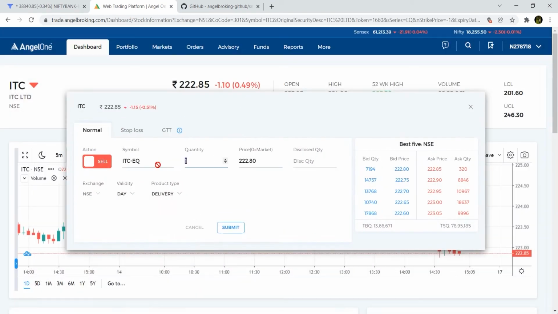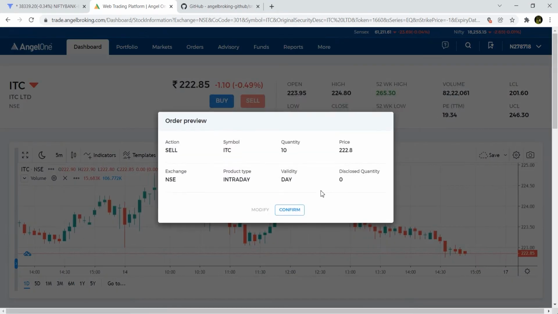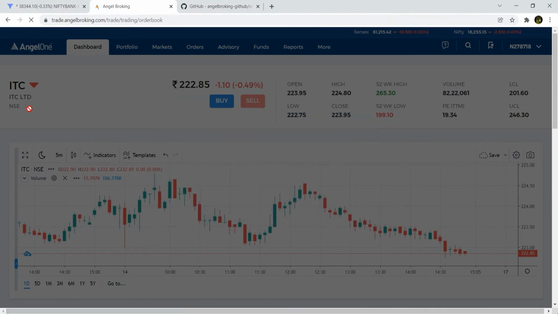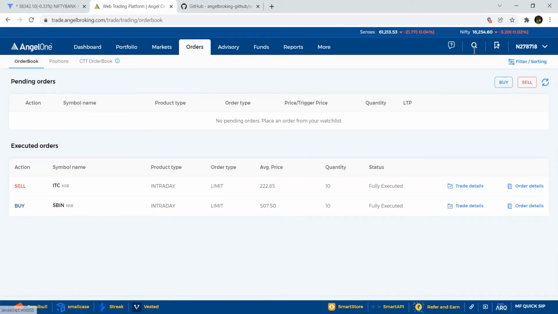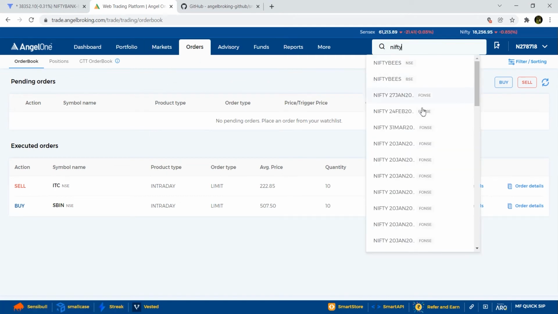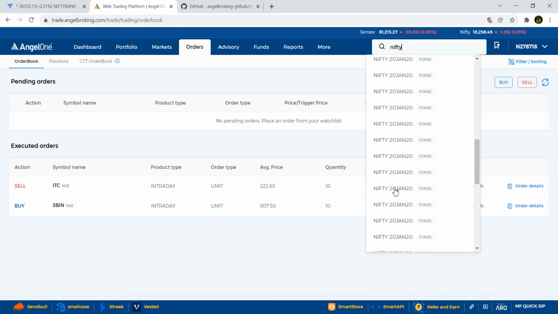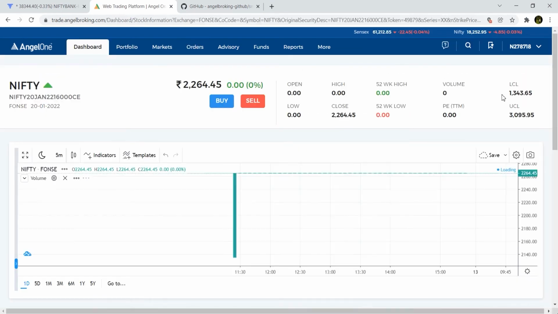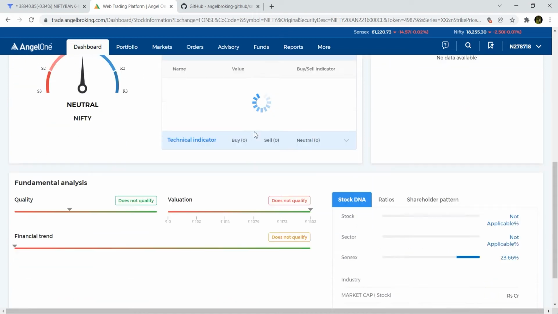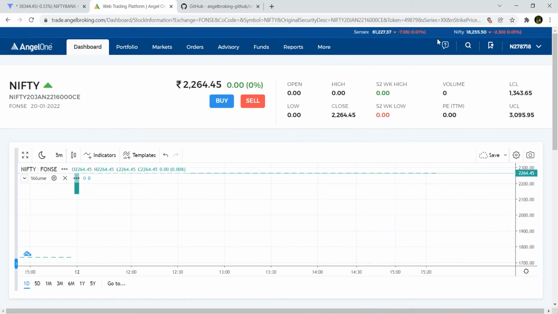So I'm randomly doing it, okay, so I don't know if we're gonna be in profit or loss. I'm just doing this for example. Alright, so we've also sold ITC. Let me just buy an option or something. Nifty. Let's see if we can go to the option chain. Right, so I've bought a few scripts and sold a few scripts.